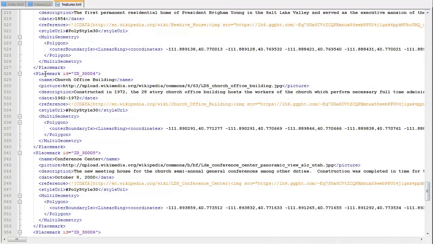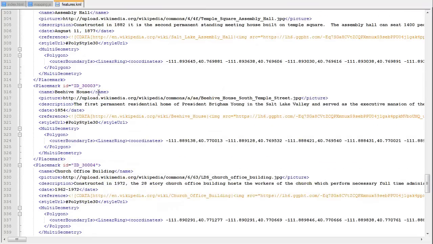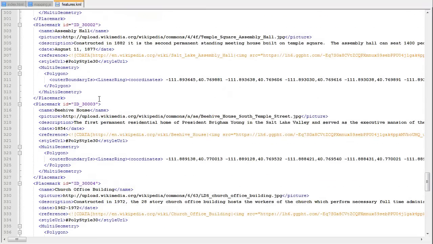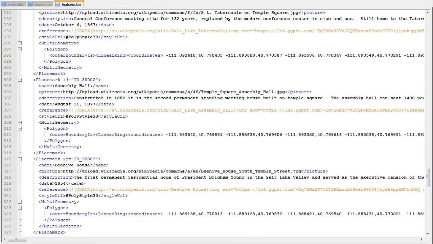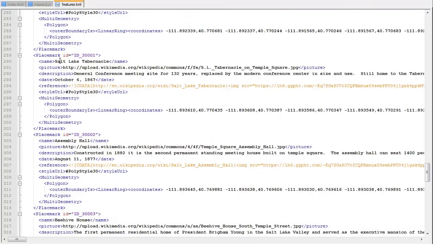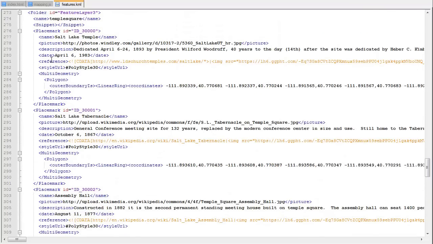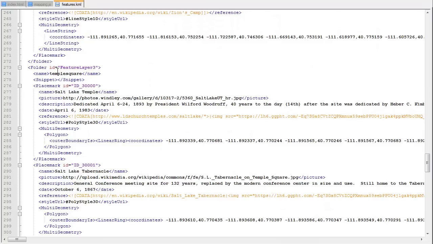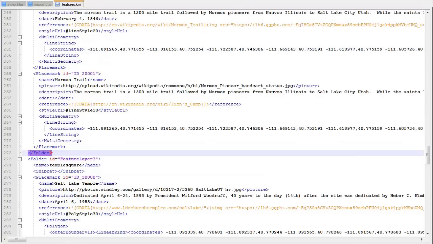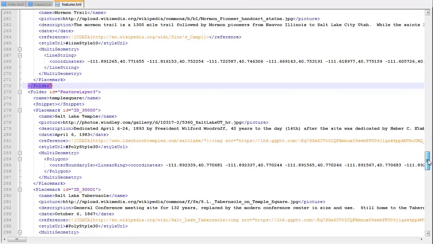Here we have 30,000. That is the church office building. The polygons are shapes outlined of different buildings around Temple Square, which also include the place marking all around Salt Lake City. Here's the beginning folder for the polygons, and the line strings were traces of maps found for Zion's Camp and